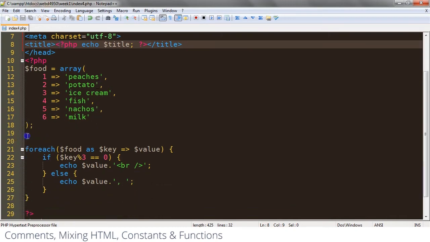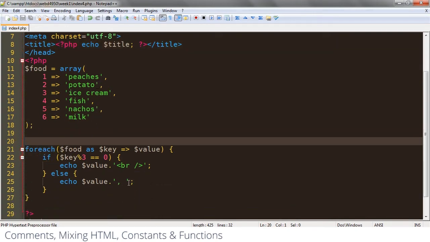Now let's say within here we want to remind ourselves down the road what something meant, and you can do comments a several different ways. I can use 2 forward slashes here and then put whatever I want to. This is a loop that loops through